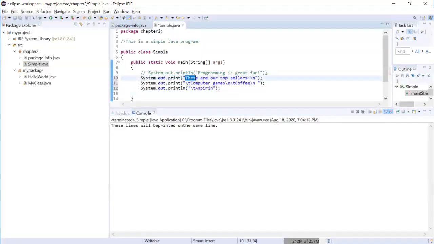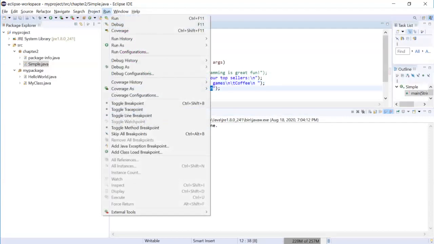You can see that these are top sellers. Then you will have a new line. The new line will begin with a tab, which moves over a certain number of characters, followed by computer games, then another \n, which is a new line, then another tab key, then coffee and aspirin. So if I run it,